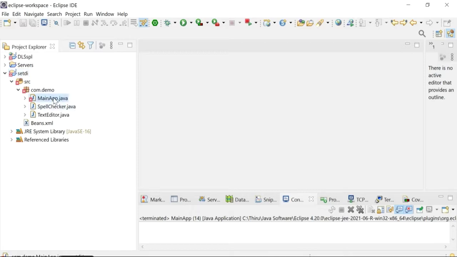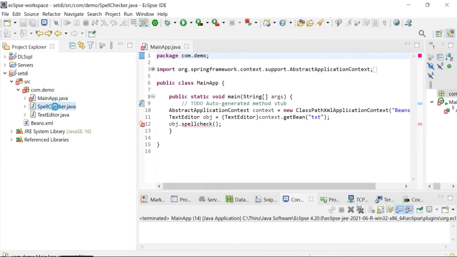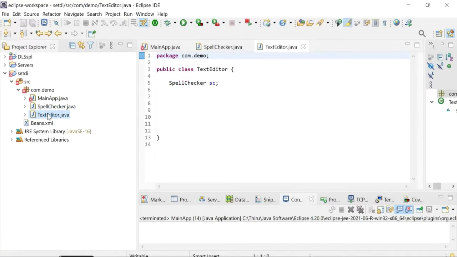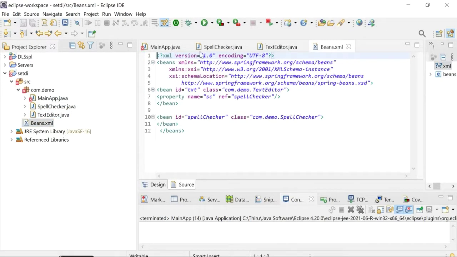One is main app, the other one is text editor, and one more, spell checker. This spell checker is dependent on text editor. This spell checker should be injected into the text editor class. And then I have created beans.xml for configuration.